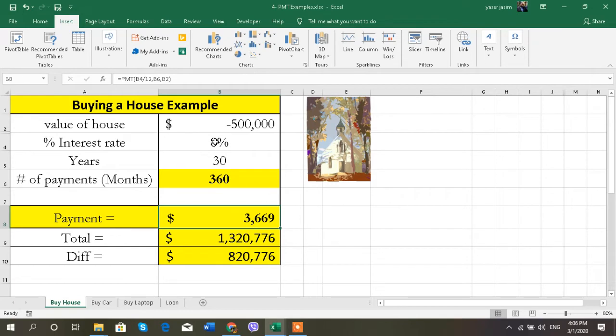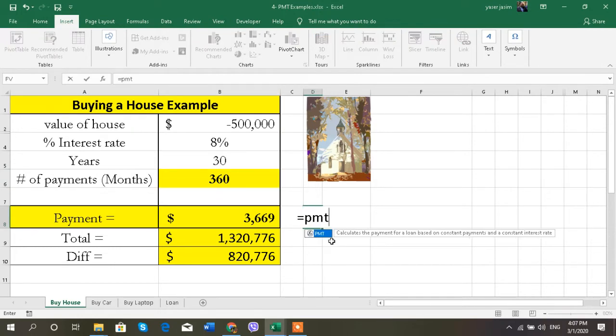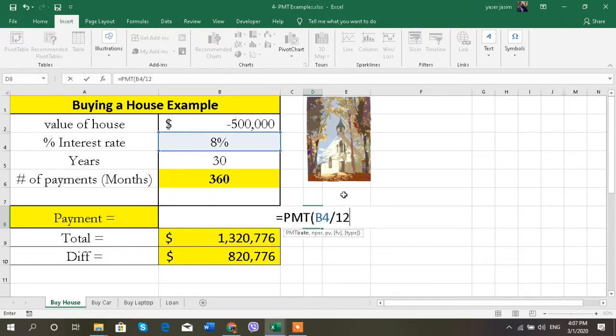Now, how do I calculate the payments? Because this is in year and this is in months, that means they are not even. I'm going to go for PMT, and the first thing I need is rates, and they are not even. I need to divide by 12, comma, do I have number of period? Yes, I have number of period, comma,